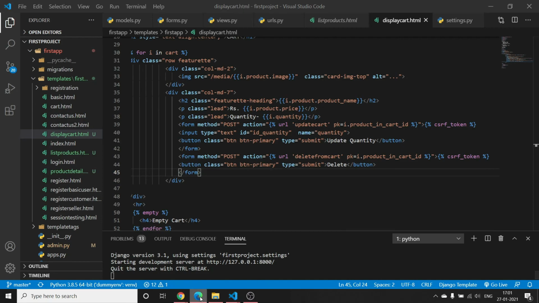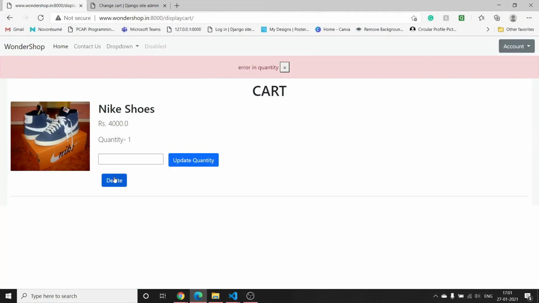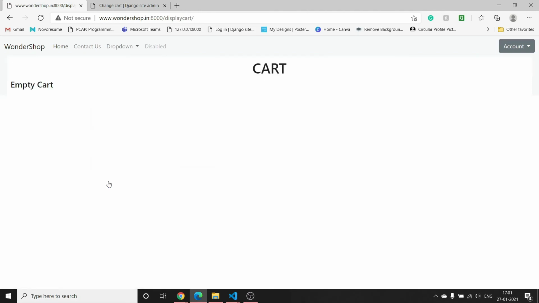Now if I make a request of delete, it will remove the record from the cart table. Now the cart has no record, so that's why it's showing me an empty cart. How we have made this empty cart is like this.